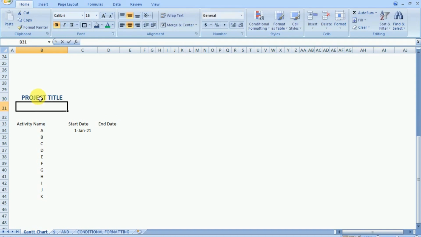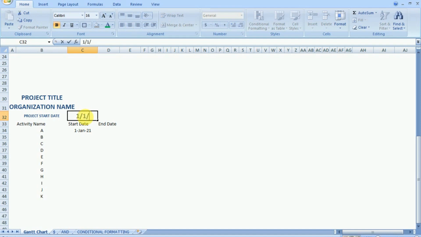Now to make it more relevant, let us also define the project title and the organization name. You can use the conditional formatting options, or you can use the font and font color options to select the blue color, or the size can be directly selected from the main screen. Now we want to give the start date, so we will merge the columns C and D, and we can have a start date with a different number format.